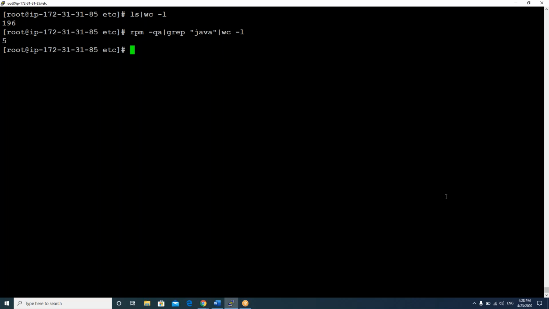So this is how the pipe symbol works. Got it, guys? Here it's just showing the count. What is the final command I used? I asked only for the count, that's the reason it's showing that. Can you remove that last pipe symbol with the wc command?